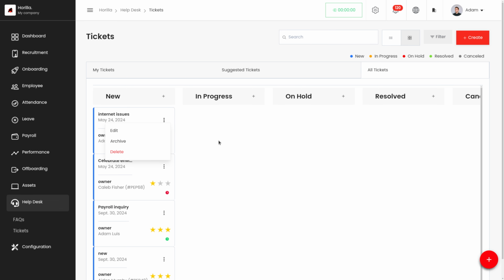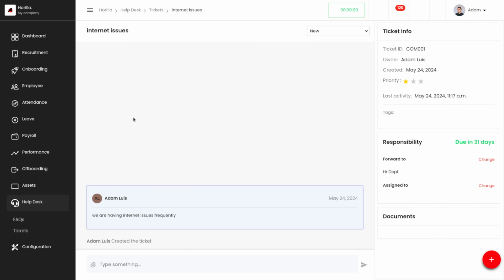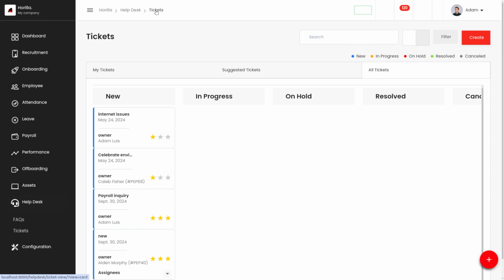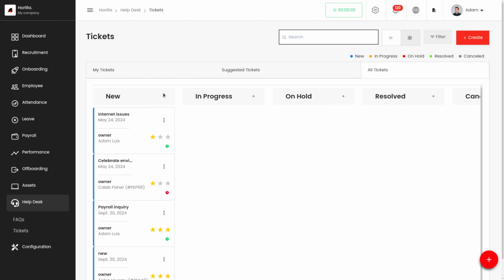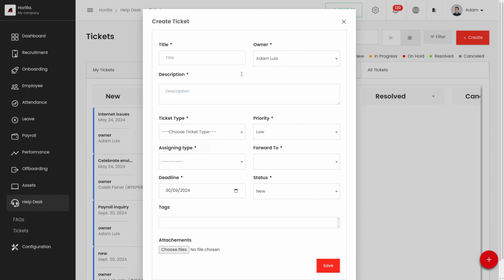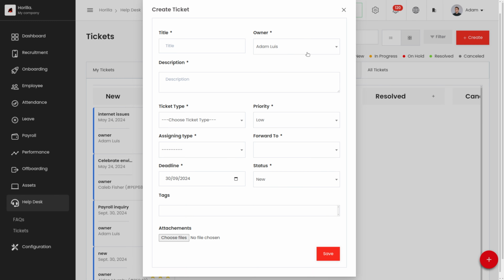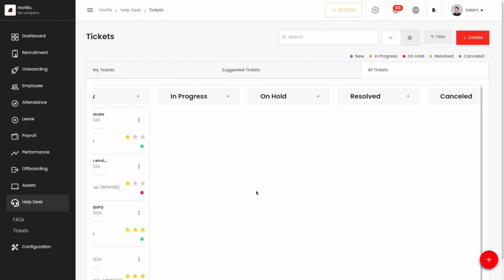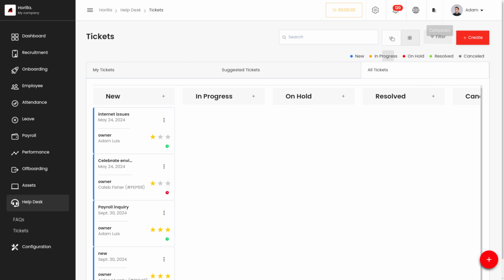And we can also view the actions. And if you want to select the ticket for the detailed view, we can select the ticket from there as well. And from here, we'll be able to add tickets to the stage as well. Like this, we can add tickets to the stage. So this is the card view over here.